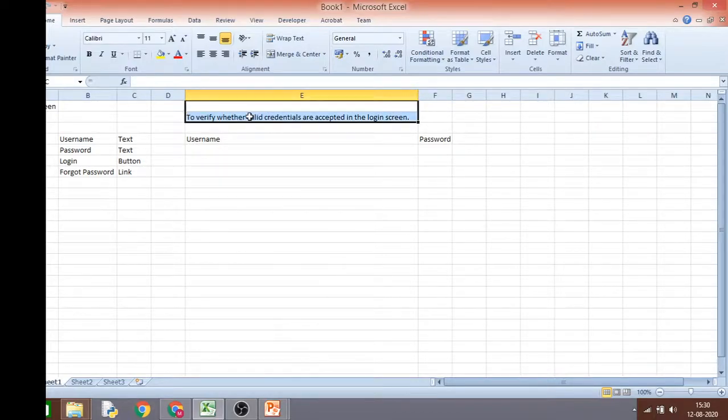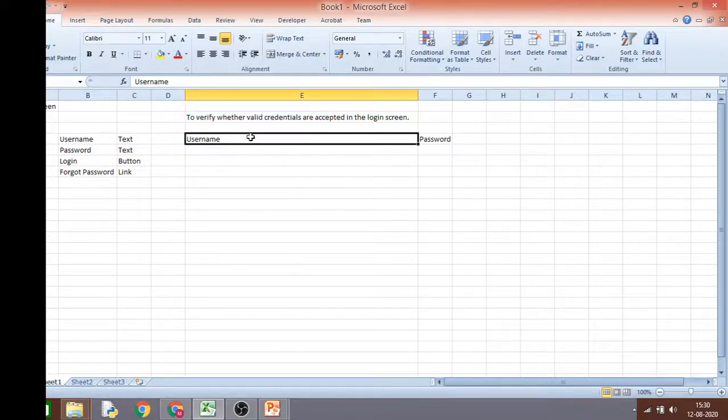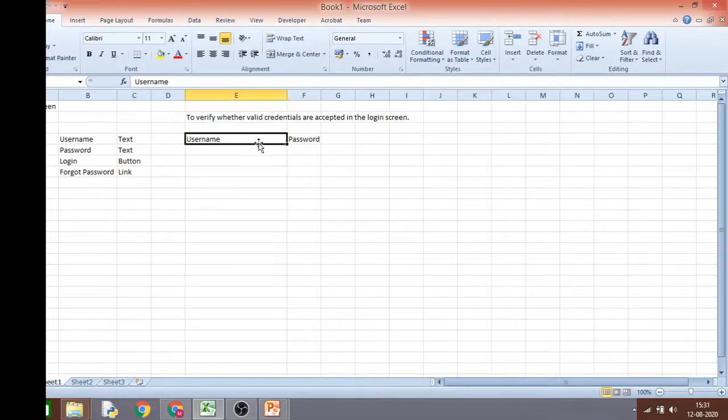Having said that, we should know what fields you can give and what values you can give into this username and password. I can give a valid username and a valid password, which is going to be my happy path, correct? So no problem with this.